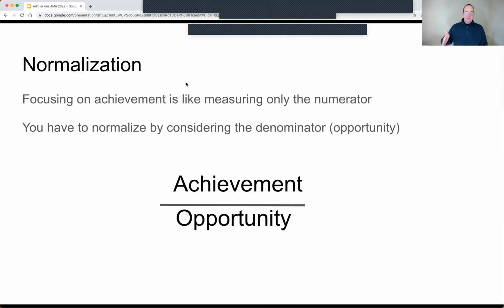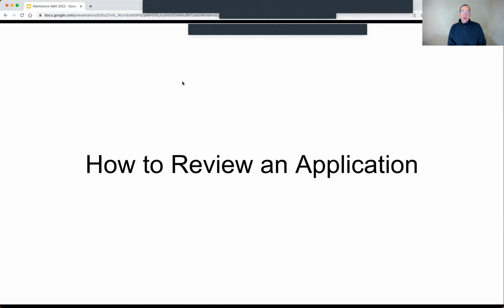We want to compare that person, for example, with someone who comes from a university where maybe there was no faculty member doing research in that area. And so this person didn't get a chance to do research in their chosen field or guided research in their chosen field, right? So that person has had very little opportunity. So we try and normalize the achievements by that opportunity. Again, we don't care so much what you've done, we care what you want to do and what you're going to achieve. And so what you've done is only informative as it informs your ability for doing things in the future. Okay, so how do we review applications?